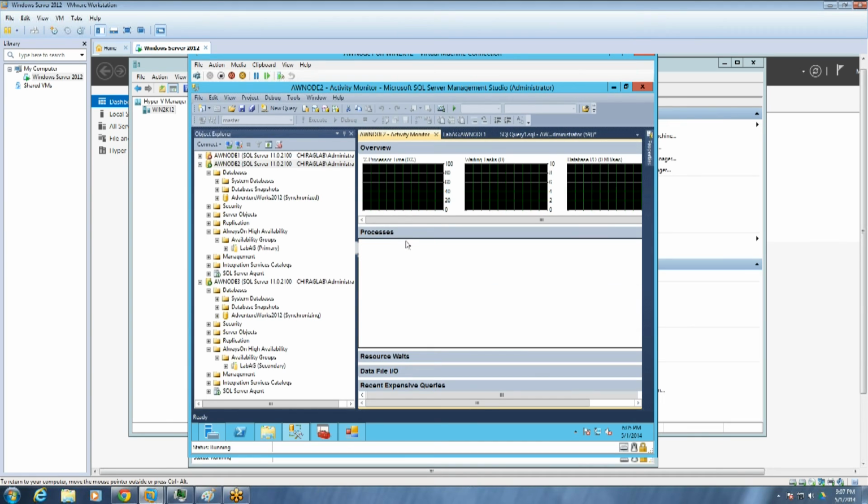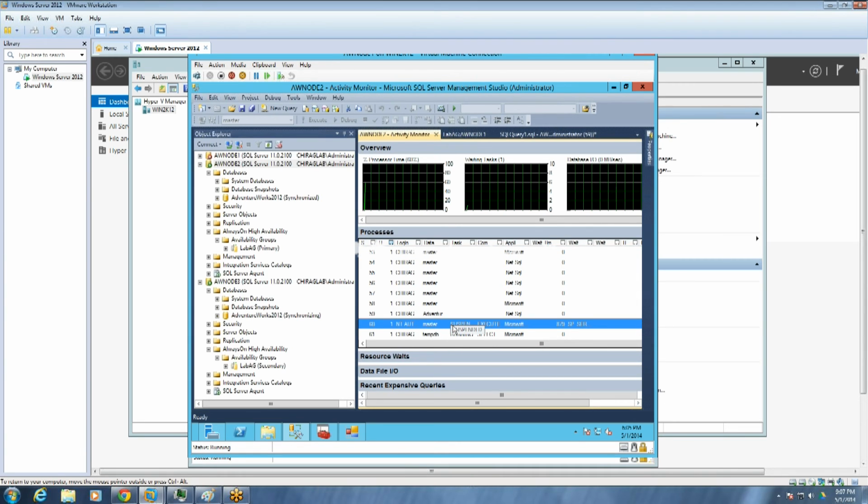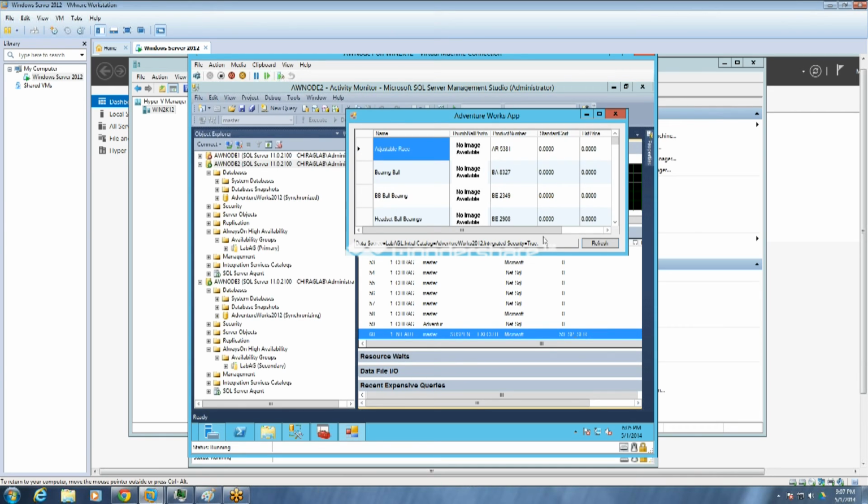If we go in the processes and go down right here, that's our application over there. So our users didn't see any difference. That's a benefit of the listener.